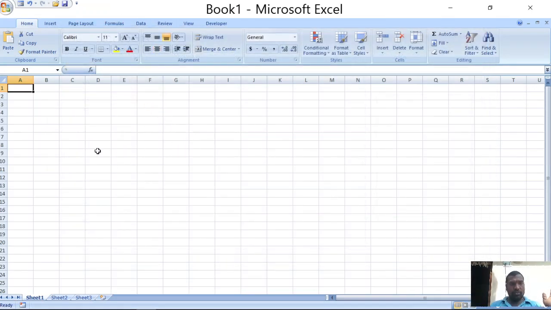So by default the A1 cell is highlighted, as you can observe here. I won't use the mouse left button after opening the blank worksheet or workbook. A1 is highlighted by default, and the address of that A1 is displayed in the name box, and this is the formula bar. So this is the active cell, and thus its address is displayed here.